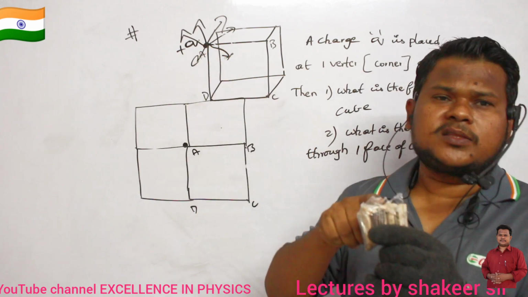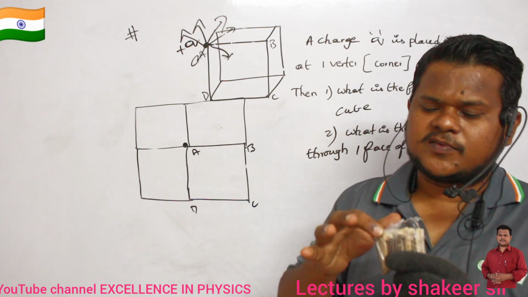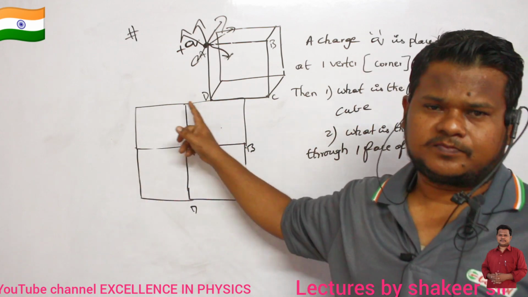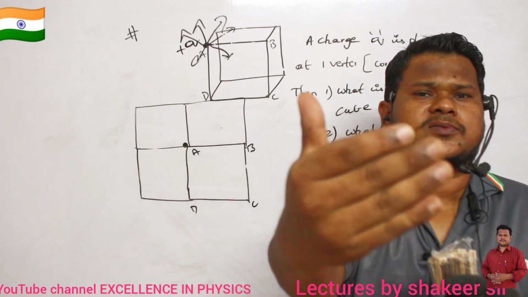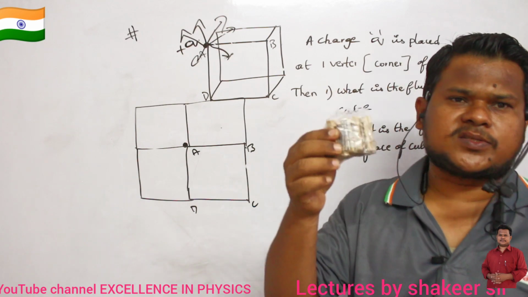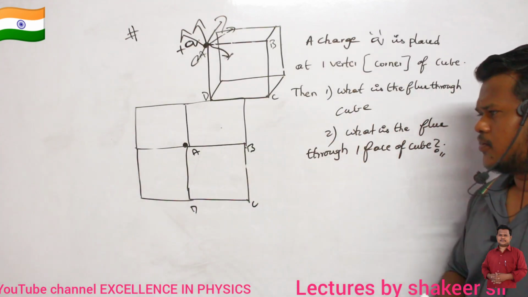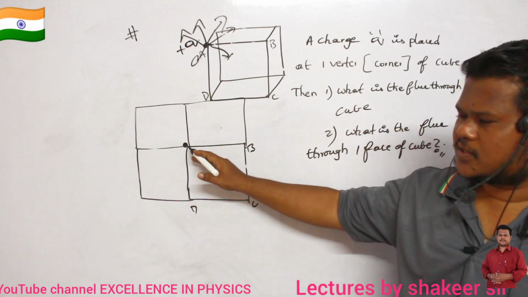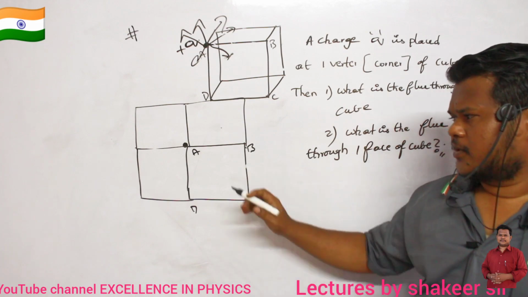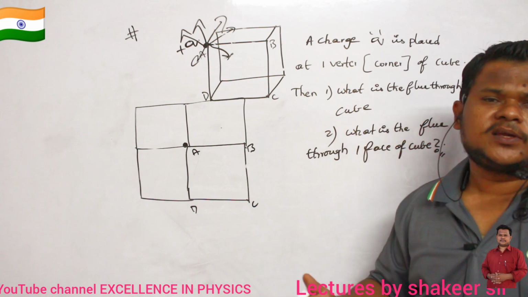So on this cube, I am placing one more 4 cubes. Then the flux lines which are going back of this charge will be covered by these 4 cubes, no? And towards the front also, this charge will be producing electric lines. To cover this one, again I have to place 4 cubes in front. So totally how many cubes I have to place? Totally 8 cubes, and this charge will be exactly at the center of 8 cubes. Where will this charge be present? At the center of 8 cubes.